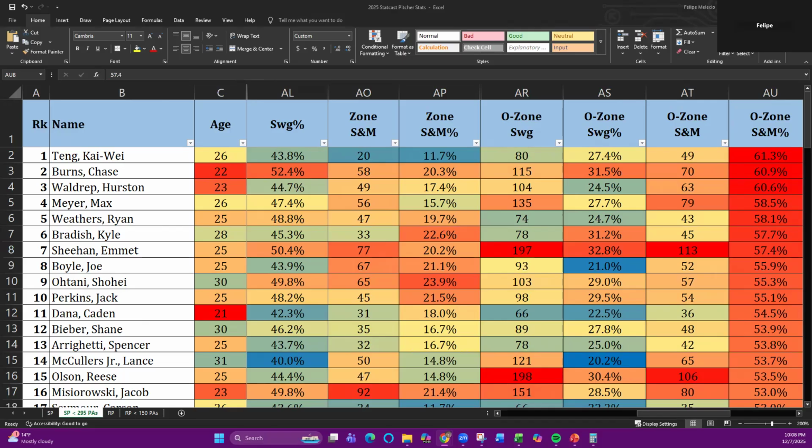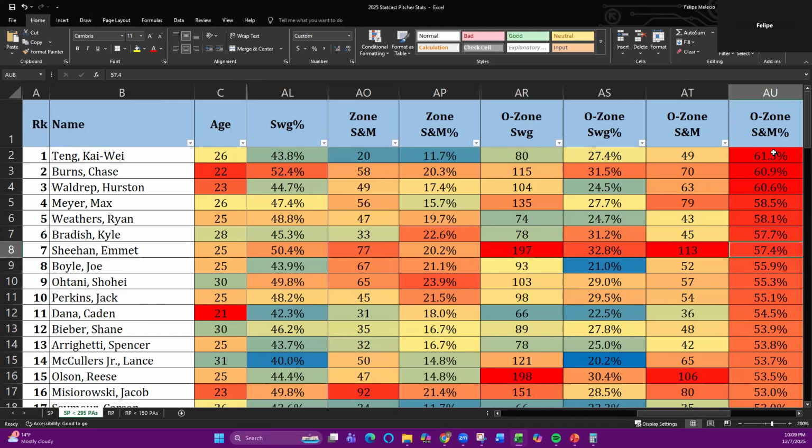Seven starts last year. Good strikeout figures, double digit strikeout per nine, but a 5.2 walk per nine. That's a little concerning. ERAs across the board were pretty high. We already talked about that he does have a curveball and fastball, but what else does he have? Just out of curiosity. Yeah, four-seamer, the sinker, slider, curveball, changeup. So slider he throws 38.7% of the time. That would explain why he's inducing a lot of swings outside the strike zone and even getting a lot of swing and miss. But for some odd reason